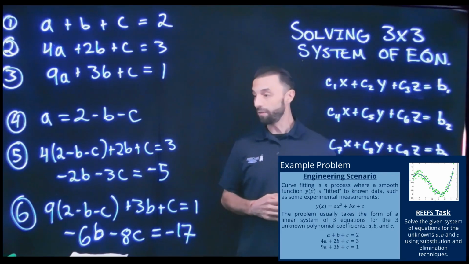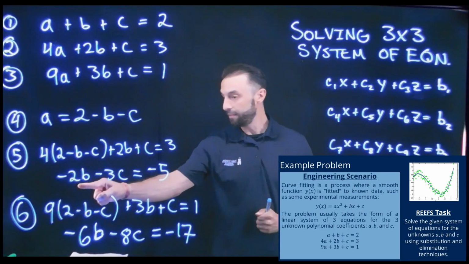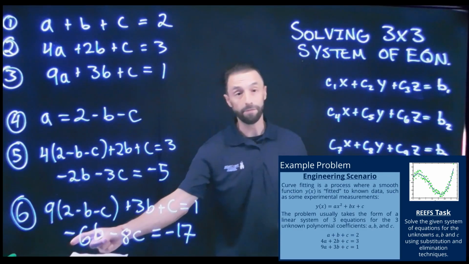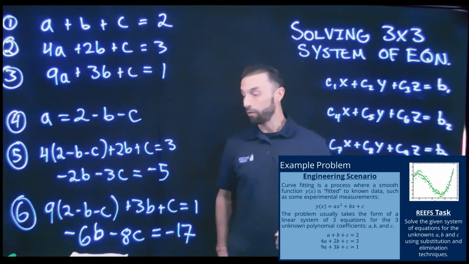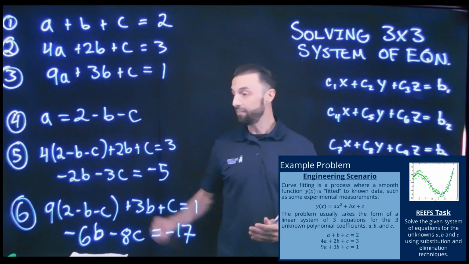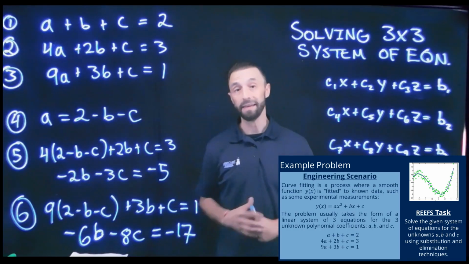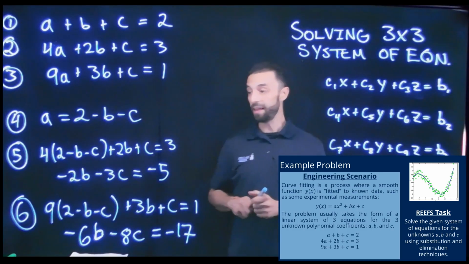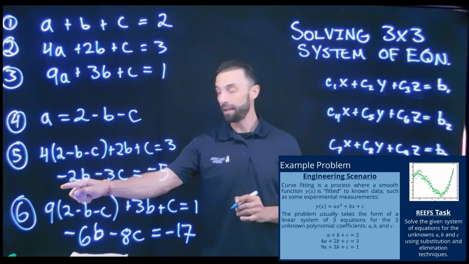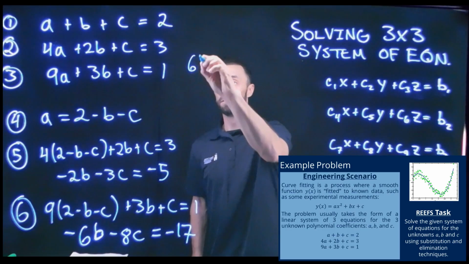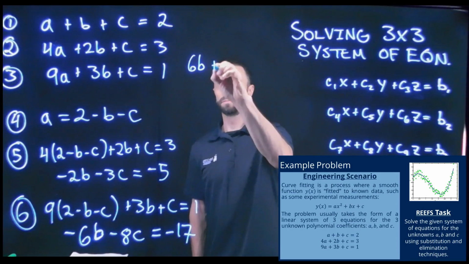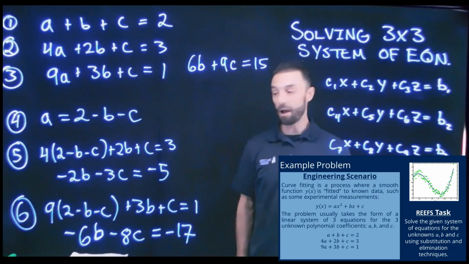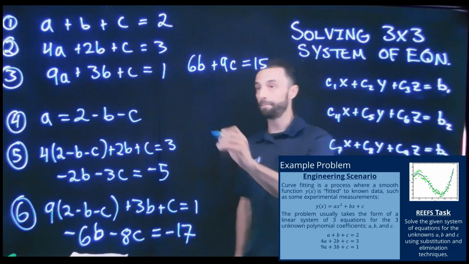So what we notice is that this term is negative 2b. And in our other equation, we have negative 6b. So if we want to eliminate b, we can easily multiply this equation by negative 3 and add it to this equation. So let's see what that looks like. So this equation times negative 3 becomes